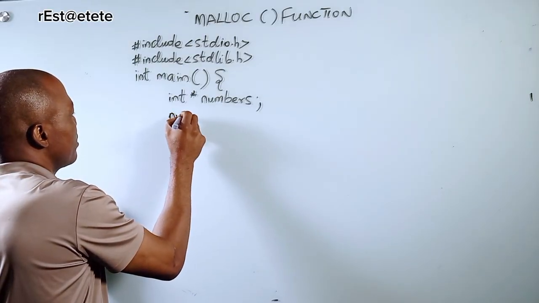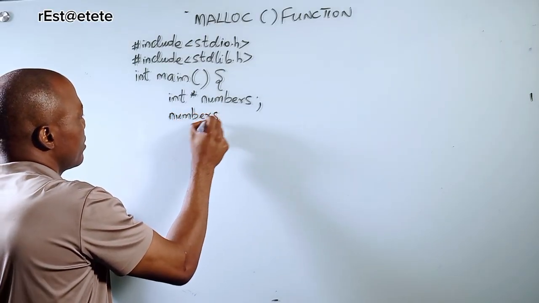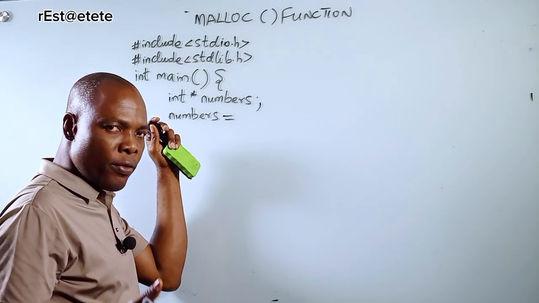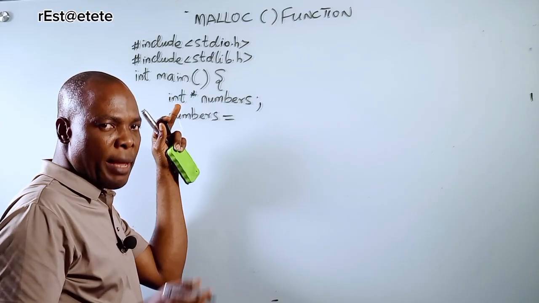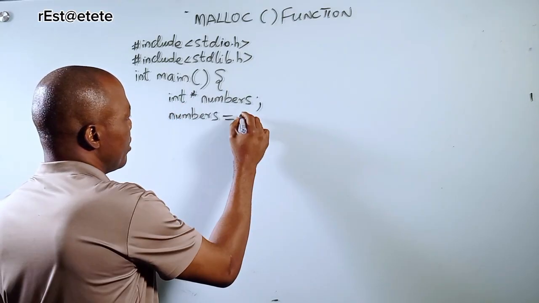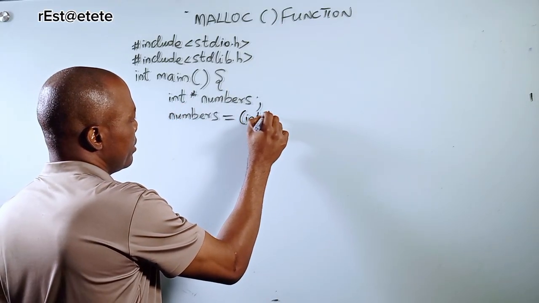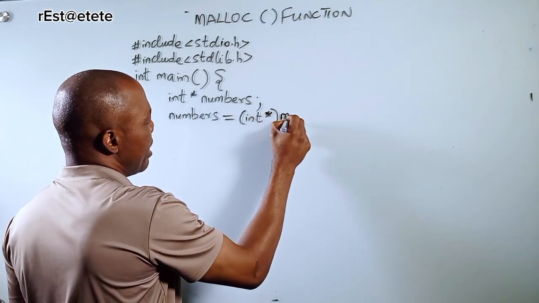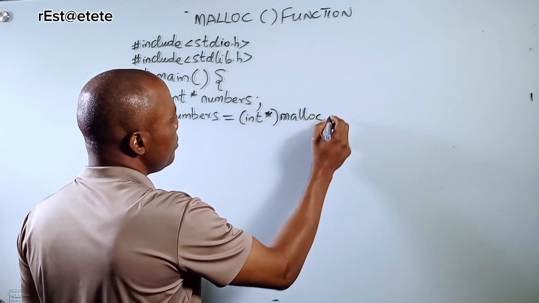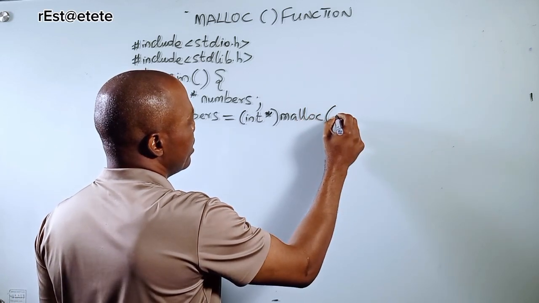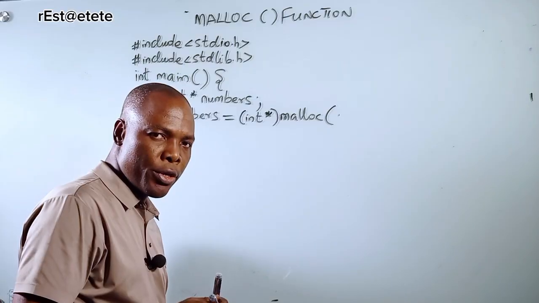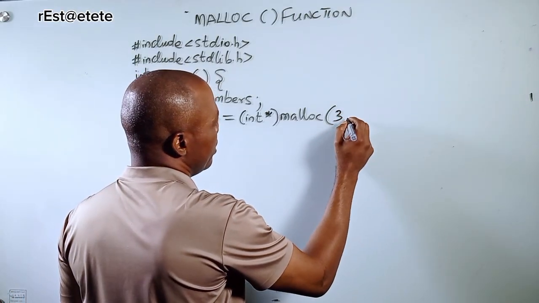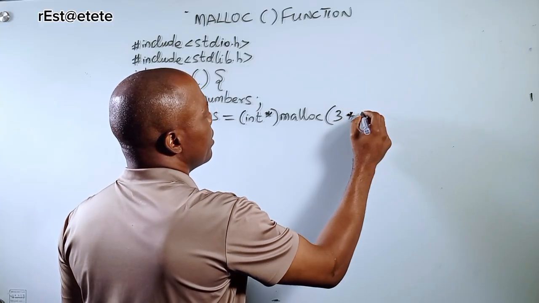So I will say numbers equals, right? Then, because it is an integer pointer and malloc will return a void pointer, I need to typecast it to an integer pointer. So I'll typecast int asterisk, right? Then malloc. Then in brackets, now I want to allocate memory for 3 integers. That's what I want to do. So the first thing I'll do is 3 times,